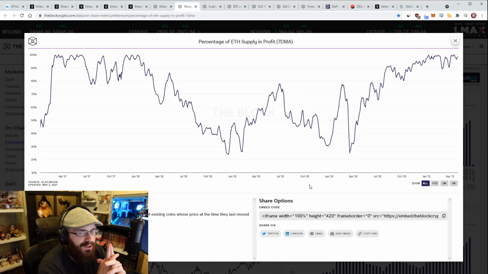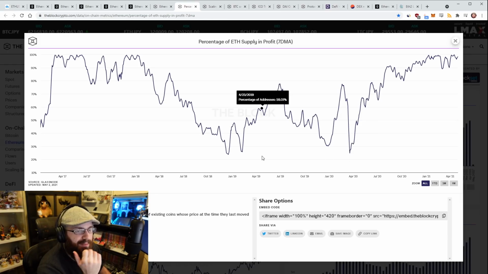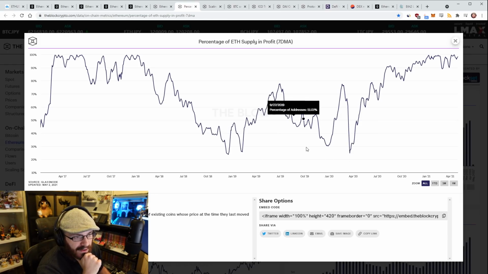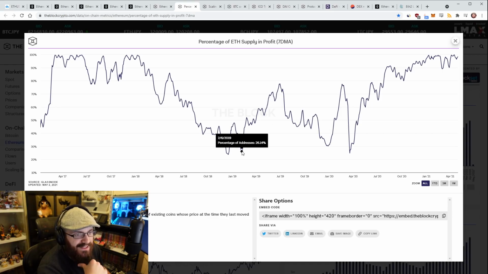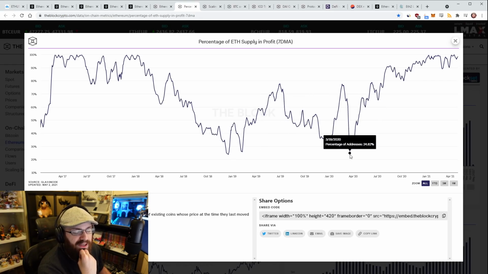But if you look at the bear market chart here, and you look at basically 2018 and 2019, it seems to have stopped at about 20 to 25%, 25-ish% every time, right? Every time the three bottoms that ETH painted here, or almost this one as well, 30%, it seemed to stop at 25% of addresses in profit. So I would say that those addresses are the ones that were like the OGs, right? The ones who just have no reason to sell, even at like $80 at what ETH bottomed out around here. So I actually think this might serve as a really good indicator of the bottom of the next bear market.